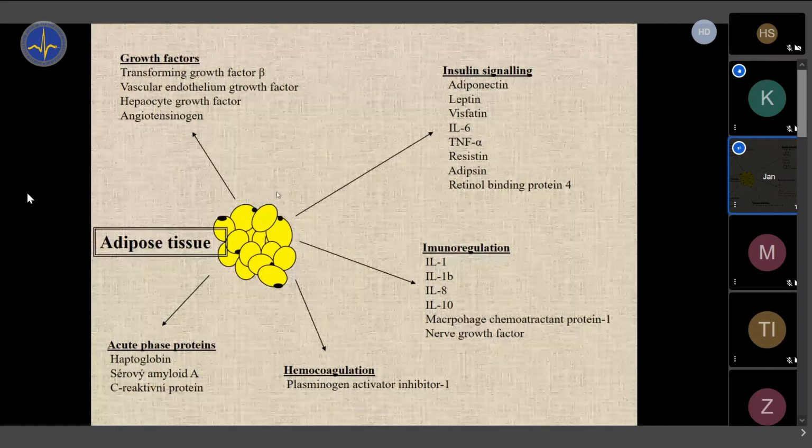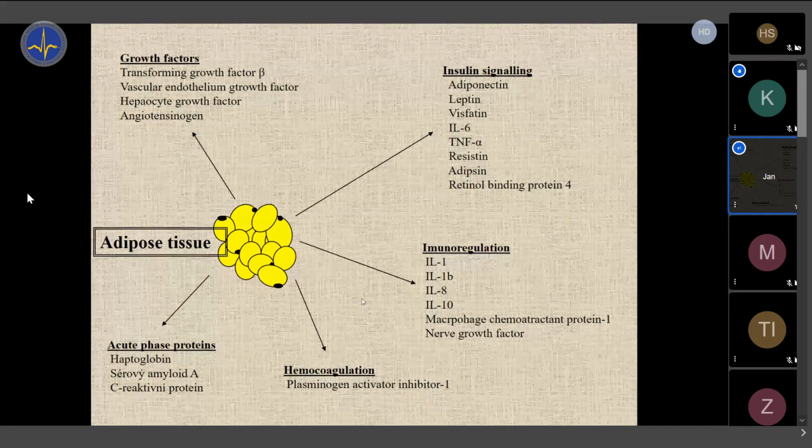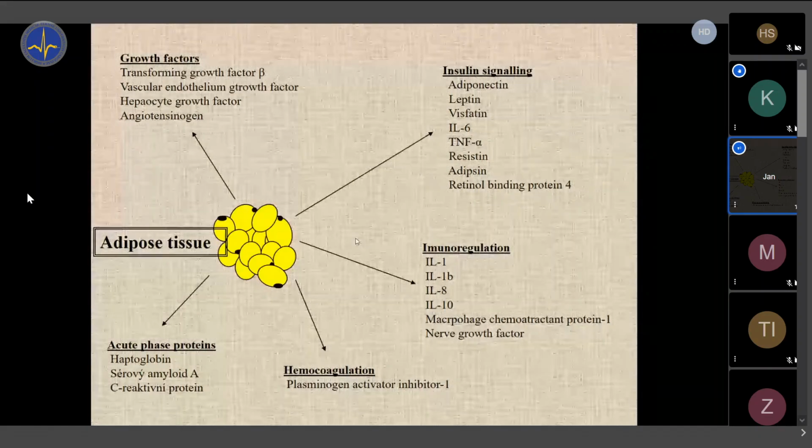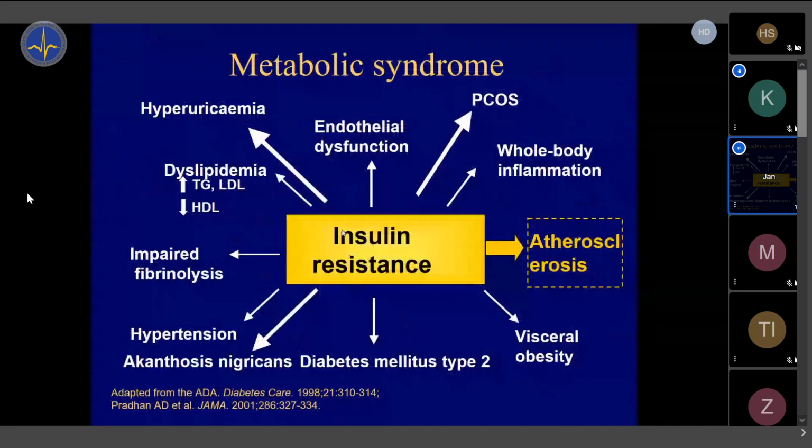So today we picture adipose tissue and adipocytes and also other cells which are traveling inside the adipose tissue when it's hypertrophic, when the adipocytes are very big. Macrophages and other cells migrate into adipose tissue and produce a myriad of products, hormones, interleukins, other products which are acting in distant tissues and produce the bad outcomes of obesity, if we want to say it in this very, very primitive way.